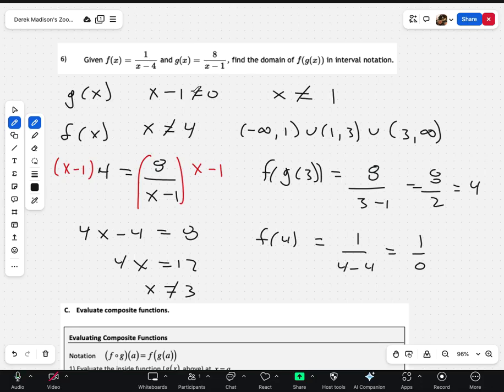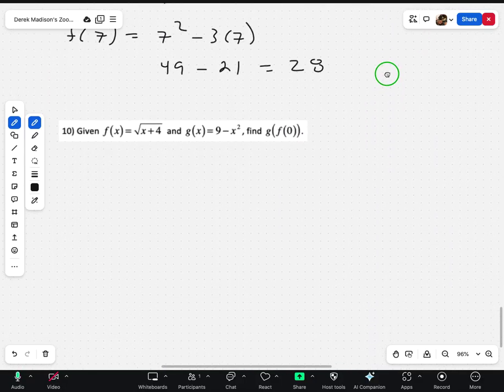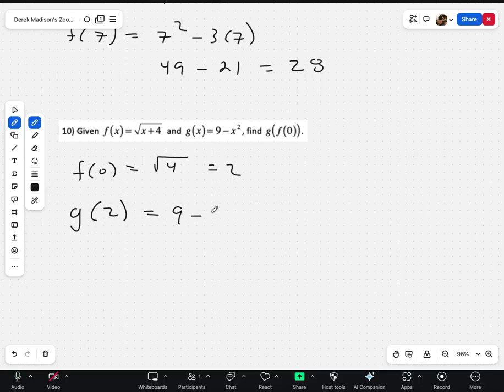So for the composite of that again, whatever messes up g of x, which in this case would be 1, can't be in the domain because it would mess up the first step of plugging in g of x, and then g of x can't spit out a 4 because that would mess up the second one. So hopefully that makes a little more sense with looking at how evaluating works. And then last one down here is g of f of 0. So we'd find f of 0 first, which would be square root of 4, so that would be 2. And then we're plugging that into the outside function. g of 2 equals 9 minus 2 squared, or 9 minus 4 makes